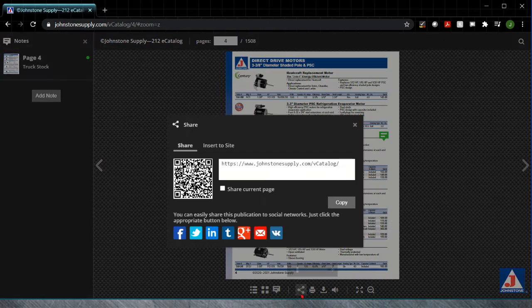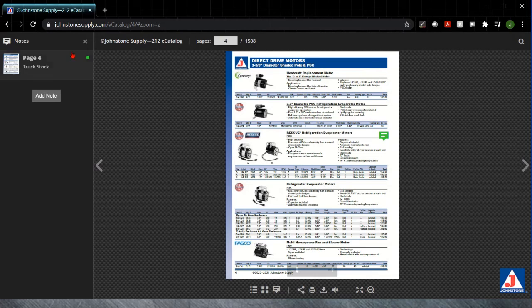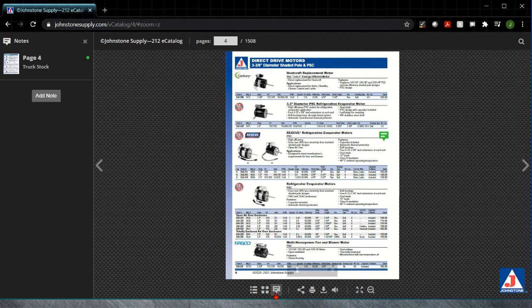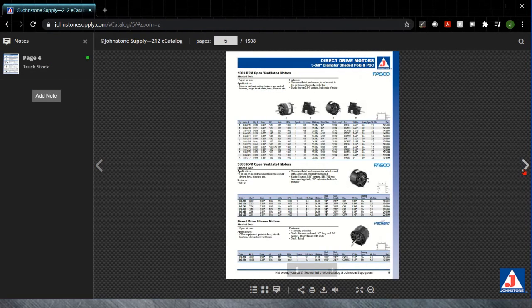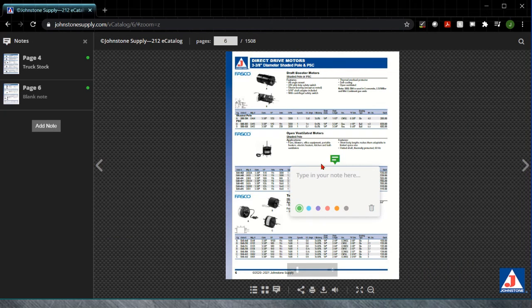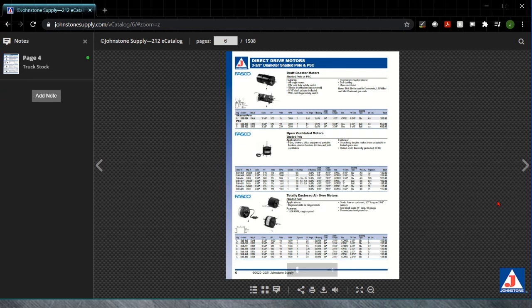So if you click away, oops, or if you close out of this pane here, you can click on this notebook here and you'll see where all of your notes are. So again, all you have to do is just right click really anywhere and that little icon is going to show up, and you can use this trash can to delete. Not sure how many of you put Post-it notes or Sharpie right in your catalogs, but this is the replacement